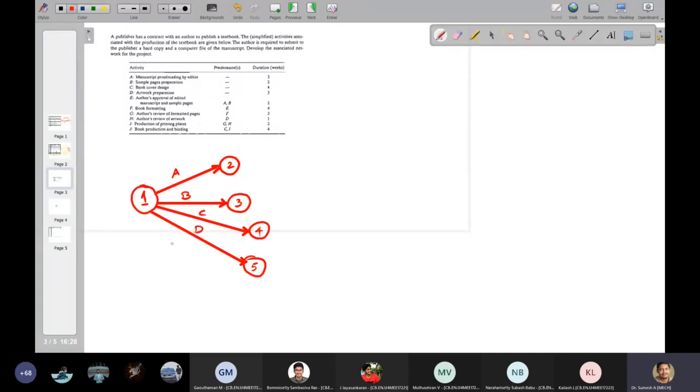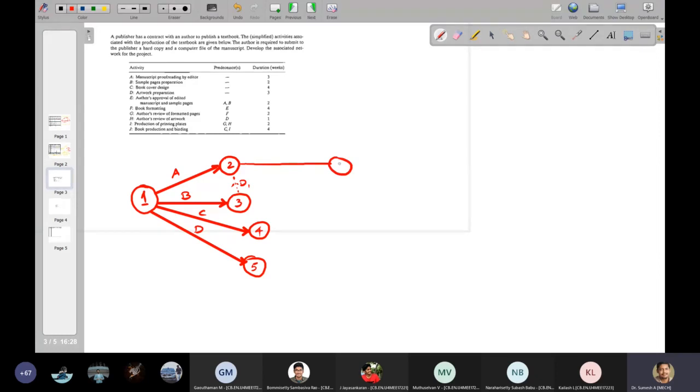Now what's the status? The next activity is E. E requires the completion of activities A and B. So I'll connect it by using a dummy D1, and from A I am writing E. Let us see how it will go.